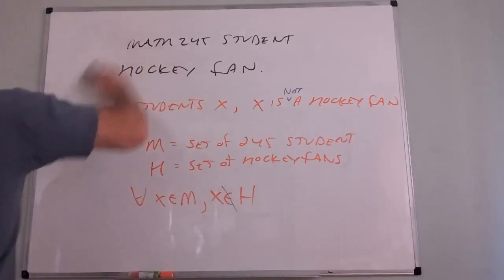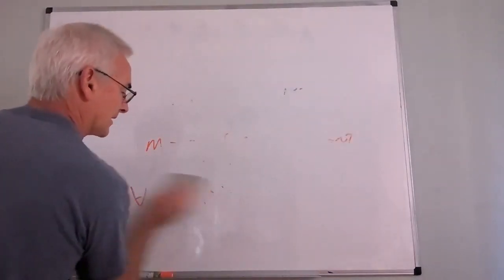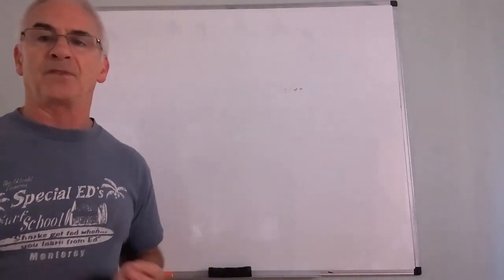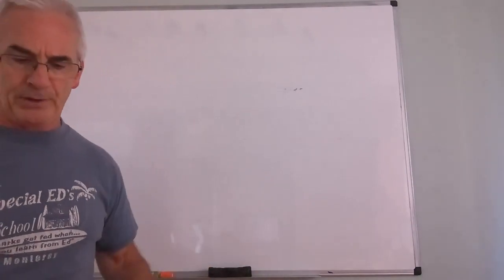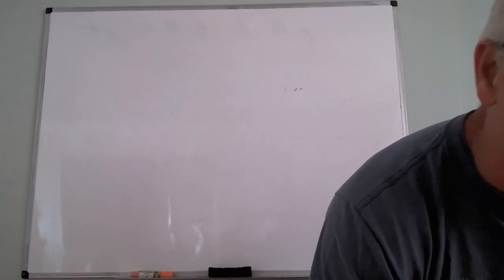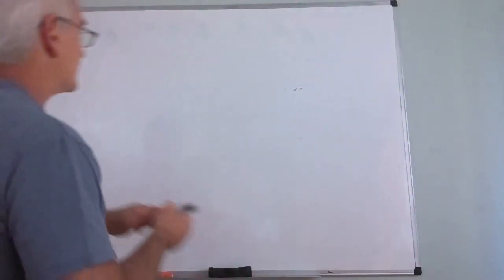So now we want to go to negations, because negations are one of the harder things. This is true for every 245 class. Correctly stating negations is probably the toughest thing for people to master as a group. I'm not sure why. From a symbolic standpoint and a conceptual standpoint, negations seem to throw people. And so I want to start with the simplest versions, and that's the negations of universal and existential statements. So